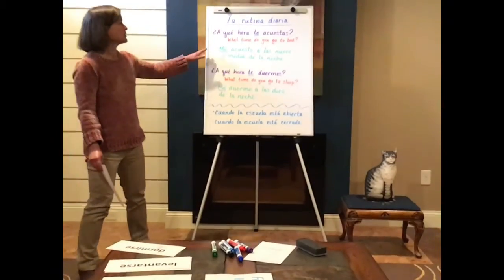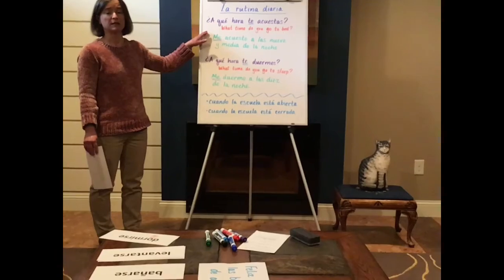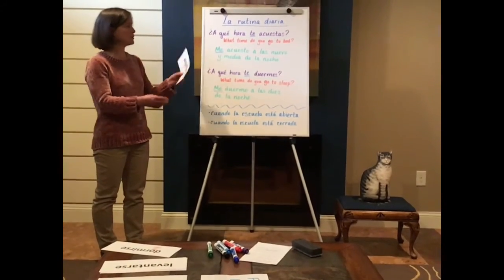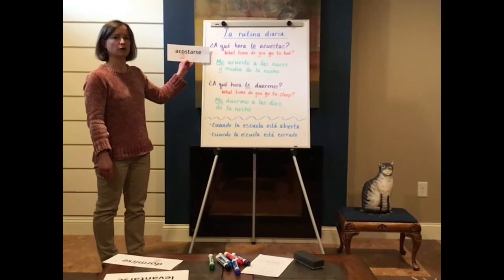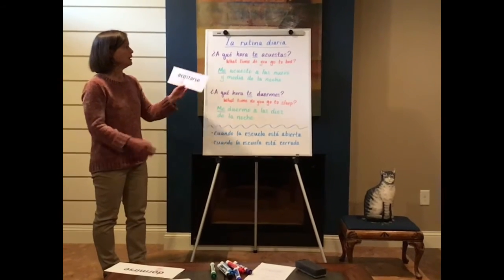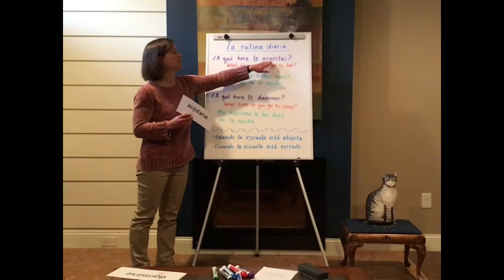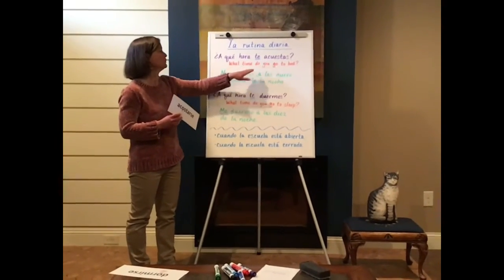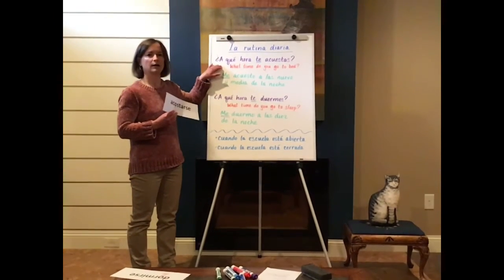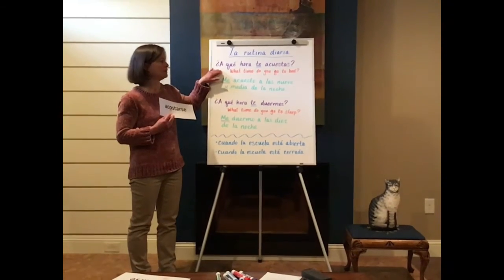So, we've got similar kinds of questions as the first two, only now we're at the end of the day rather than the beginning of the day. The first question comes from the verb acostarse, meaning to go to bed or to lie down. And we're remembering that it's a shoe verb where the O becomes a UE, here in the tú form, here in the yo form. And we ask, ¿a qué hora te acuestas? What time do you go to bed?